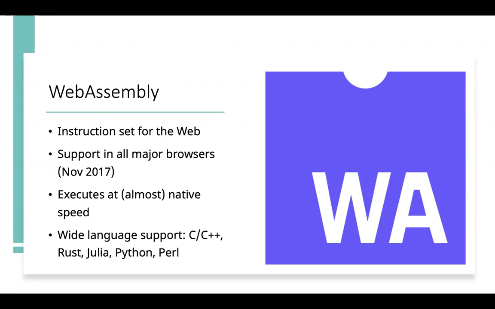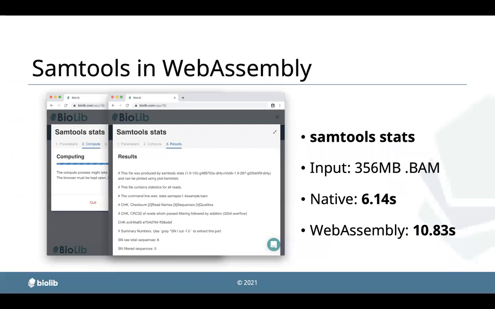Because it's a new bytecode level language, it's not emulated or simulated. It runs directly on your machine. It's almost at native speed, which is very nice when it's run fast. And it has quite wide language support. So very interestingly, we can now run things like C++, Rust, Julia, Python directly in our web browser, which is very cool. So to try this out, for instance, I converted SAMtools, which is the most popular genomics tool,